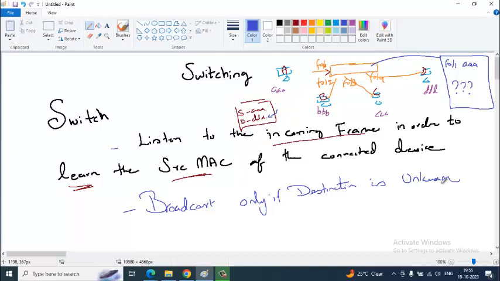Now, after the broadcast, the packet manages to go to D. It is not only going to D, it also goes to B and C. They reject the packet because the destination MAC address is not matching with their own MAC address.